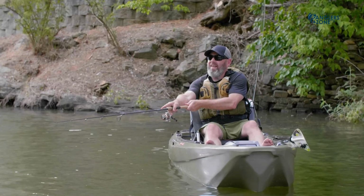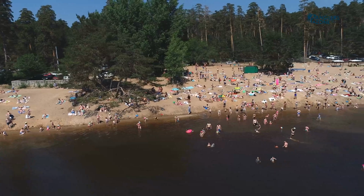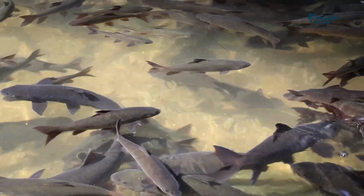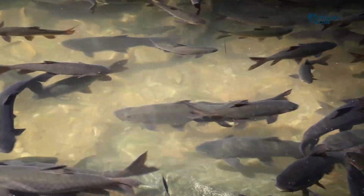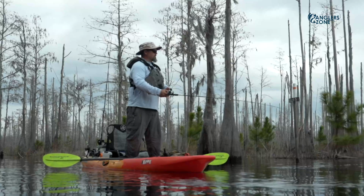To have a quiet and peaceful fishing experience, a kayak is a must. These days, the ports and bays are filled with people, and finding free space is tough. Most of the well-known spaces are also overfished. For all these reasons, you need to find a good fishing spot, and nothing gets better around the water than